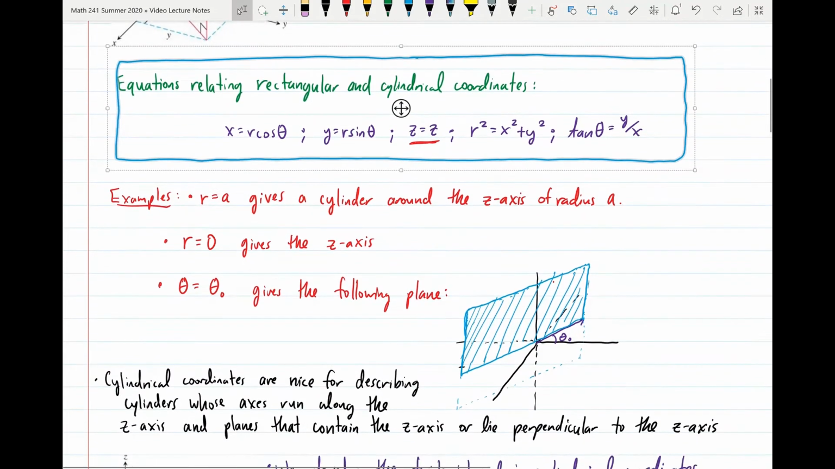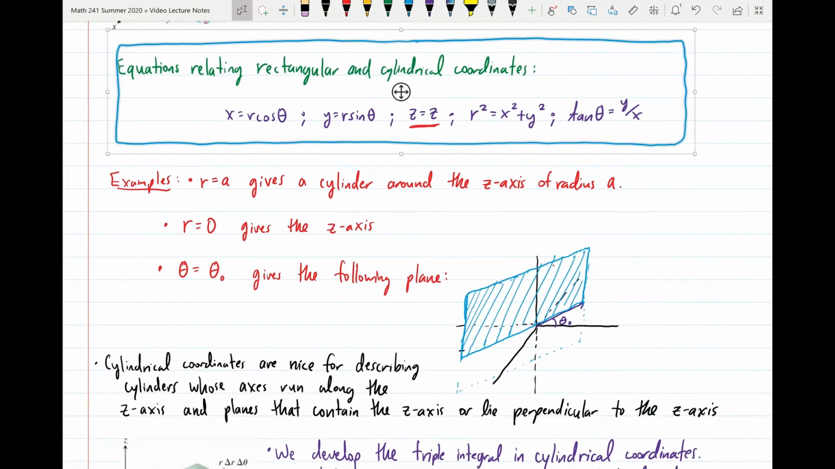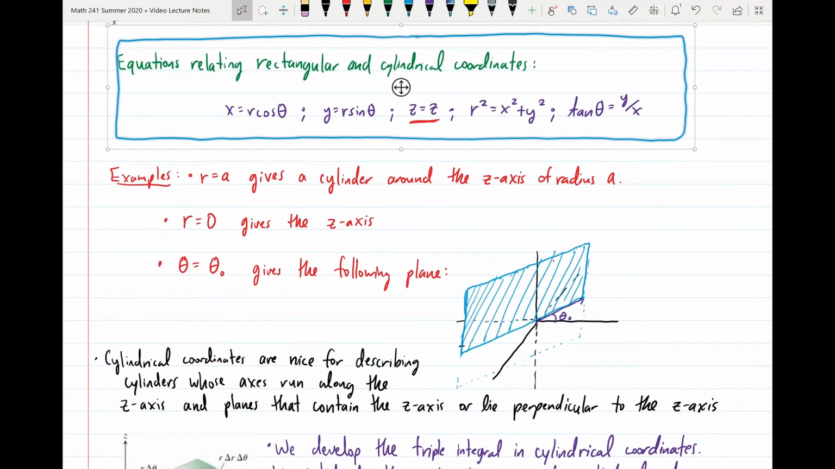Okay, so here are just a couple examples of some common surfaces given in cylindrical coordinates. So if we have the equation r is equal to a in cylindrical coordinates, that means that r is going to be constant, and that'll give us a cylinder around the z-axis of radius a. So notice here that we don't have any restriction on theta, so theta is free, which is why we have, if we kind of drew a circle,